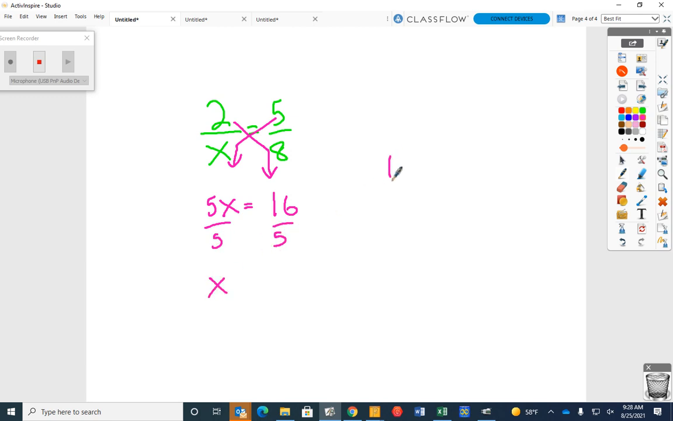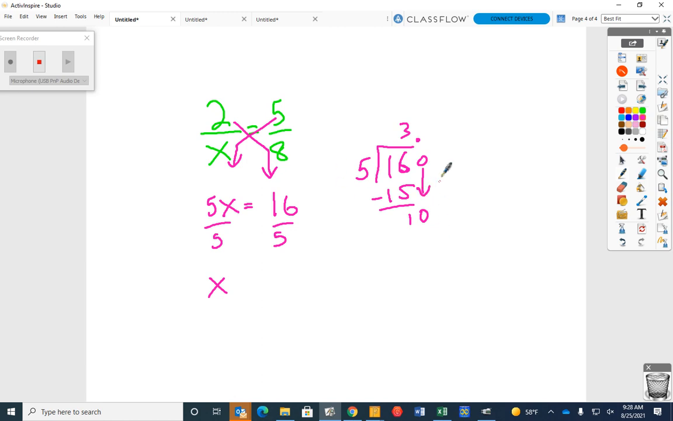Okay, well, 16 divided by 5. 5 doesn't go into 16 evenly, does it? Okay, how many 5s go into 16? 3. But my problem is I have 1 left down here, don't I? What can I do here? Add a decimal. Decimal and a 0. So if I add a decimal and add a 0,